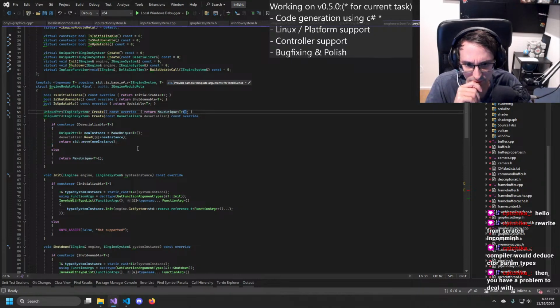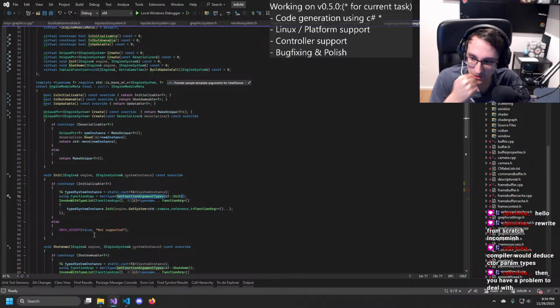I don't think there is a way to make this work. Because as I said, I can do this on the init function arguments, but you cannot do that on a constructor currently.